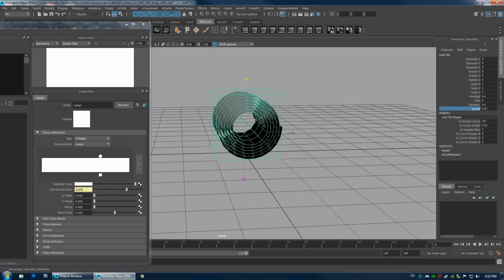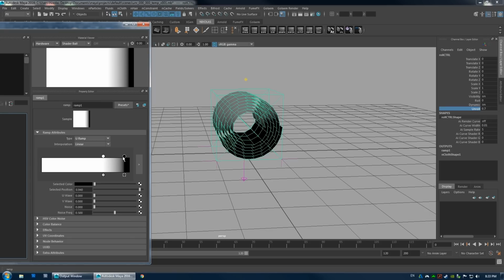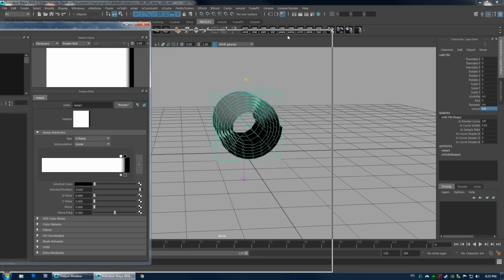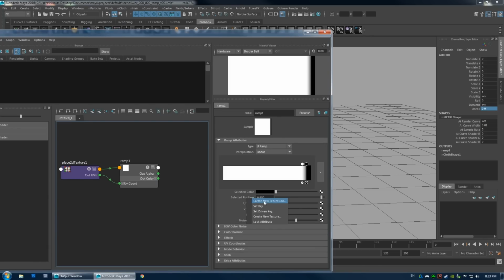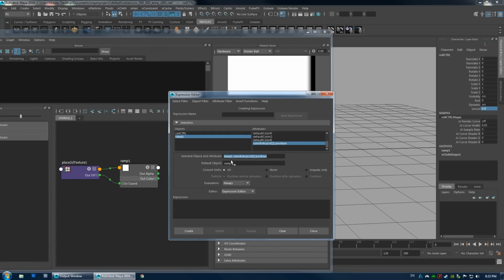Perfect. So now what we want to do is make a black one right here. And the black one will basically follow the white one, just with an offset. Let's say if this was 0.9, this one can be like 0.95. I'm just guessing here, but let's just say it's 0.05 of an offset. And we can literally just go in here, right click it and hit create new expression, copy its attribute name, which is this one, just put it in here. So we're saying the black